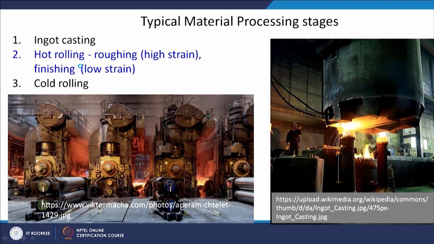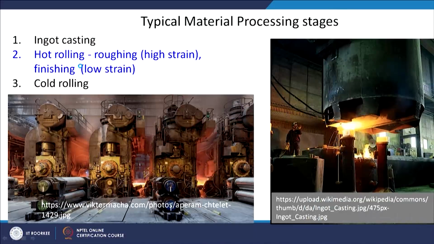If you look at typical material processing stages, usually if you are doing any bulk processing, you start with a melt route, that means you will do an ingot casting. So, these are big ingots, in which you have to pour molten metal, whichever material we are working with, aluminum, steel, whatever, and then you allow it to cast, and then this solid material will be